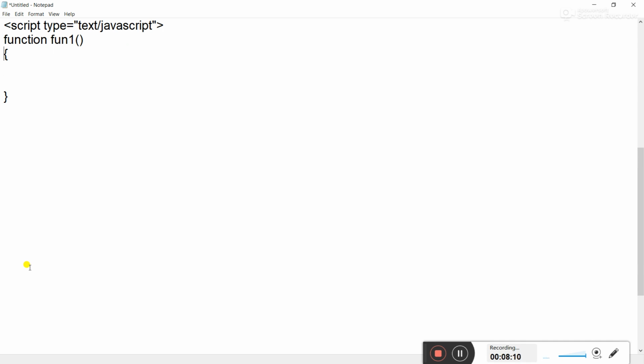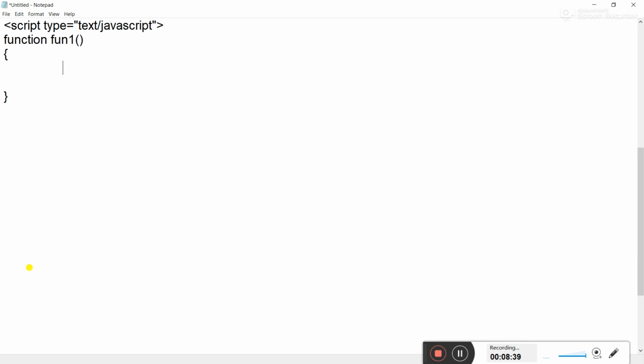If you write a semicolon at the end here, that means this is the end of the statement. But this is not the end of this statement. Why? Because this function is a container which contains a block, right? So to execute this block, we don't give a semicolon at the end while declaring a function. Got it? So this is the creation or declaration of the function.